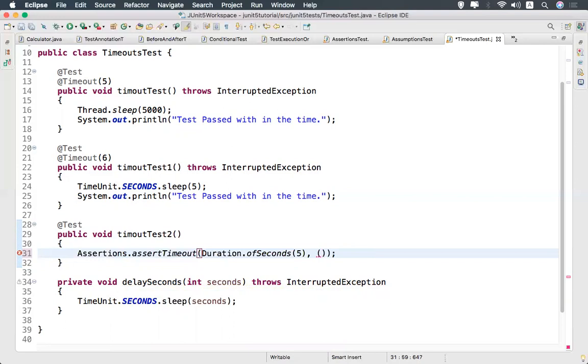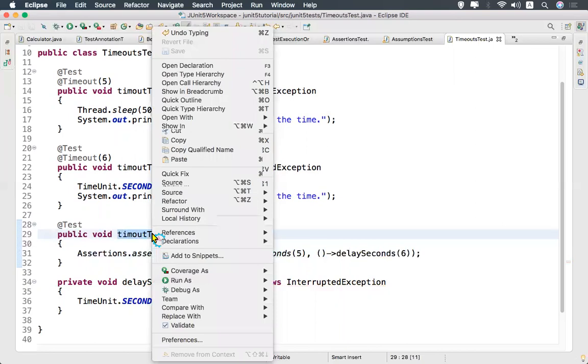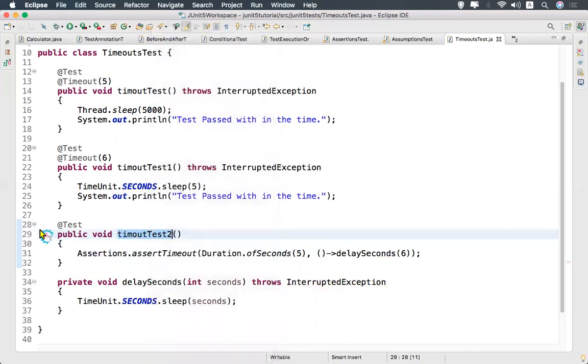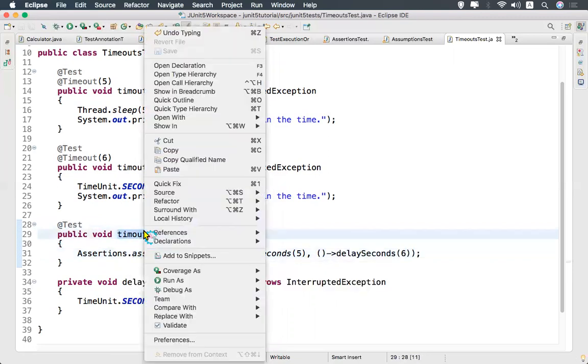That is the syntax. For delay in seconds, I will mention 6. So I'm giving 5 seconds and it will take 6 seconds to execute this. And here I don't need to mention @Timeout, I'm giving that information in the assertions.